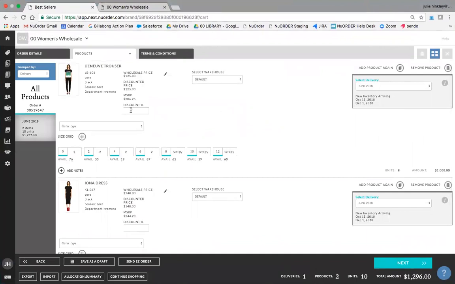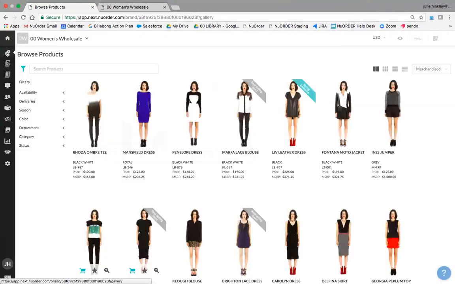So if you wanted to edit, say, this existing order form, all you'd have to do is either reach out to your account manager to make the edits for you, unless you're an admin and you can make those edits yourself. However, we suggest that you work with your manager and whoever is leading the brand in order to make those decisions. Either way,